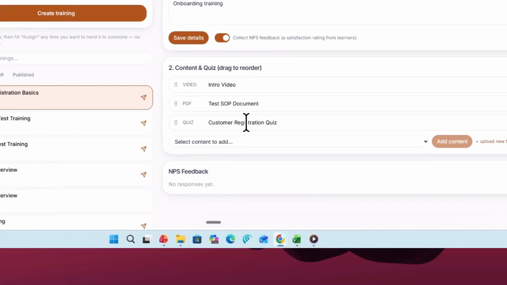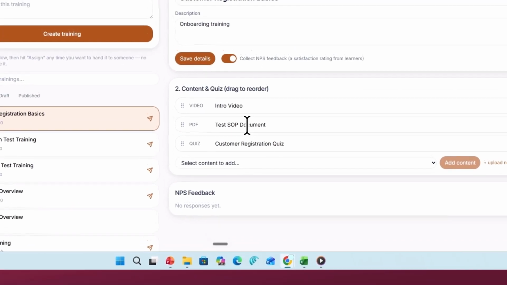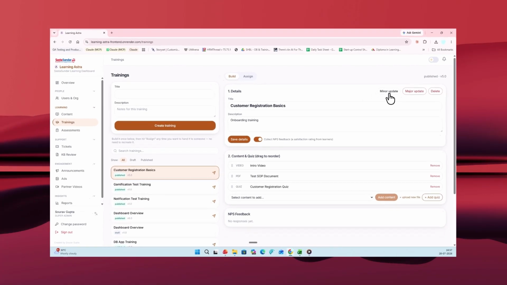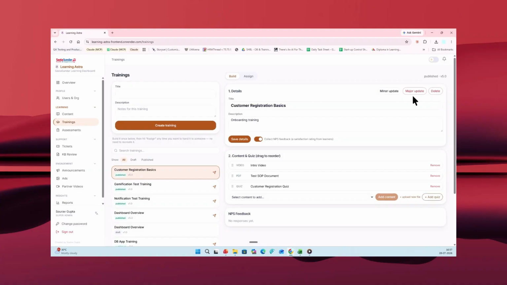Once it's published, you can push updates two ways. A minor update just saves quietly. A major update is different. It forces everyone who already completed this course to redo the new version. That matters a lot for a compliance product, where "I finished the old version" isn't good enough if the process